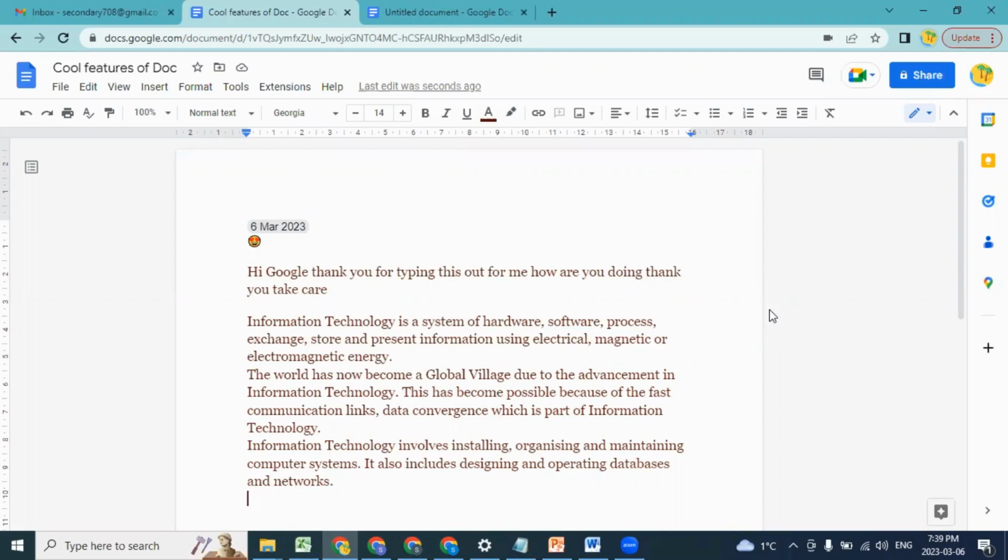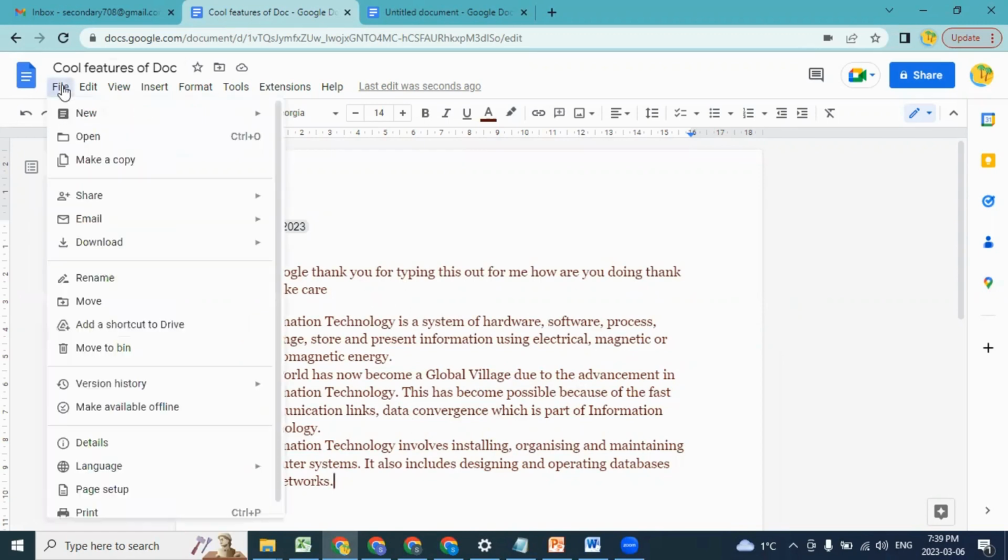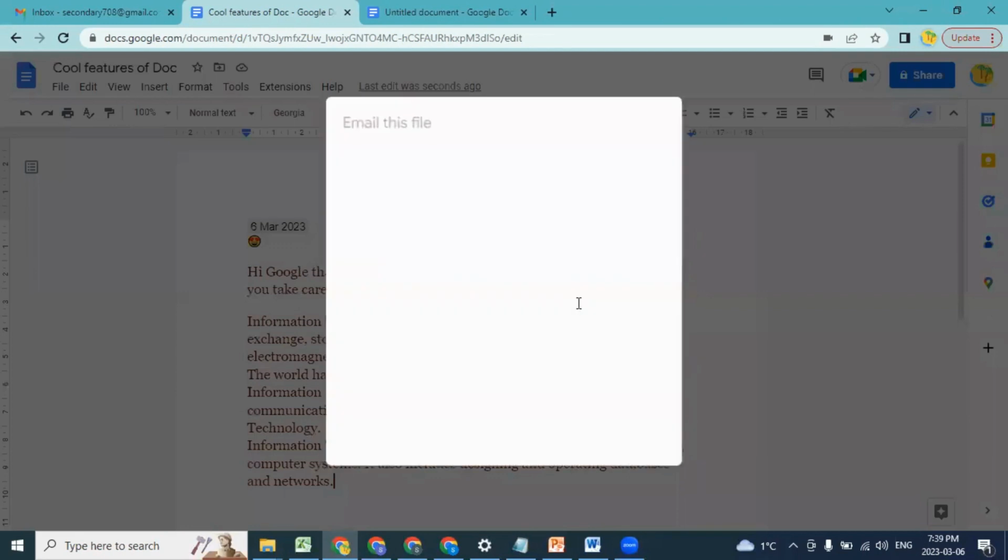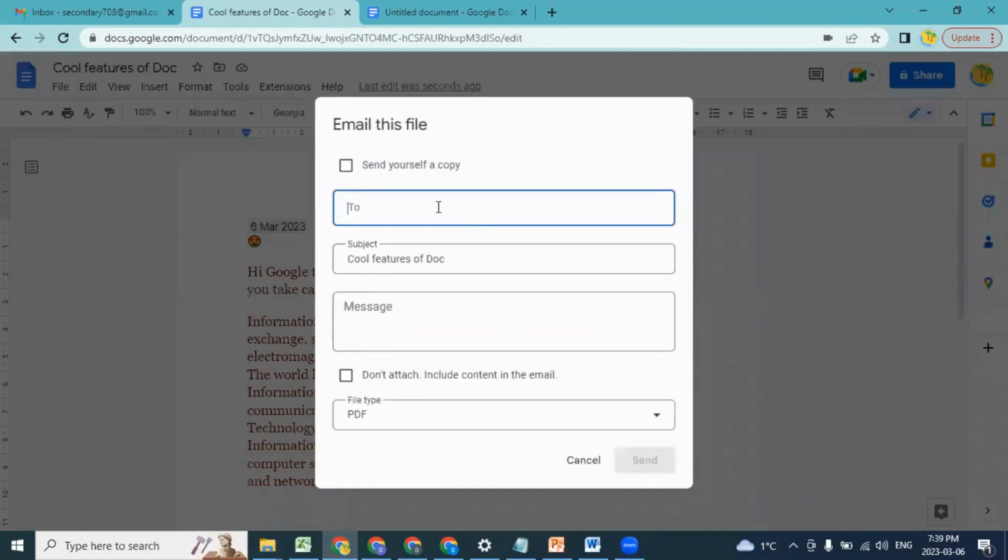Embed document with email. Suppose I'm working on my document and I want to share it right away with my colleague. So this feature comes in handy in this situation. I can simply go to File and I can say Email, and I will say email this file. So I will just have to insert the email address of that person. Okay, so the subject is already taken, and if there is a message I want to type it for the person,